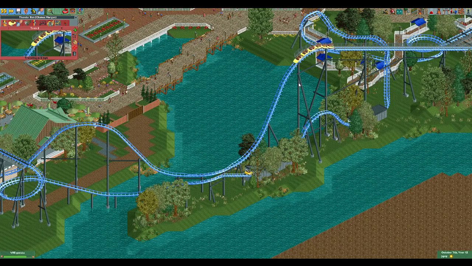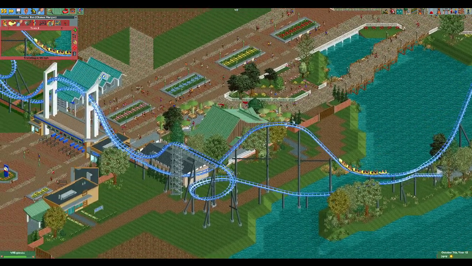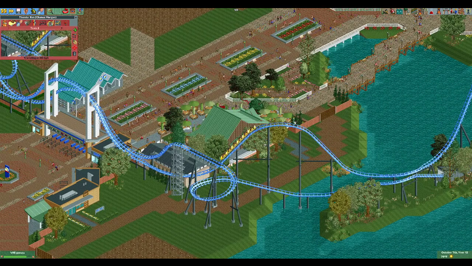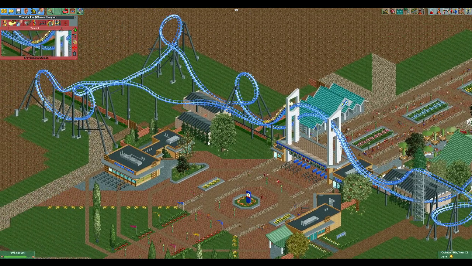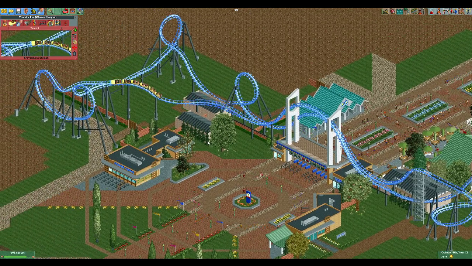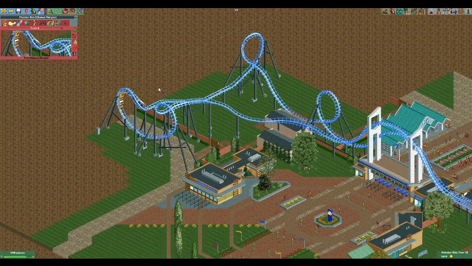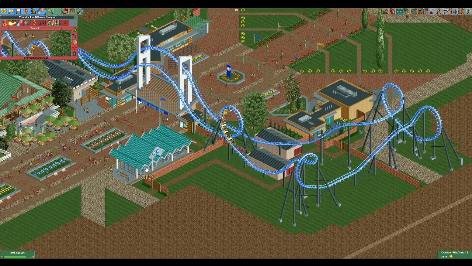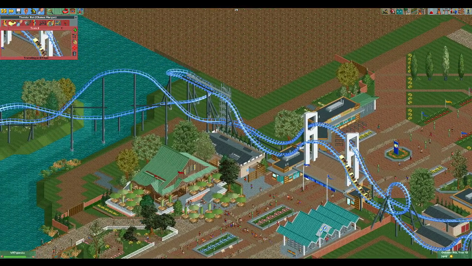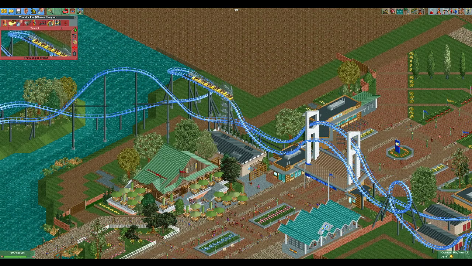We have a pretty sizable first drop here. Definite Gatekeeper inspiration with the color and the keyholes here. So here we see those keyholes in use up and through. And then we get into our weird bit here with the inversion. So we have our first inversion here, our Batwing, and then we're going to go into the Sidewinder here, followed by the vertical loop. And then we're back to Hypercoaster with a nice little slow airtime hill here, up into a mid-course brake run